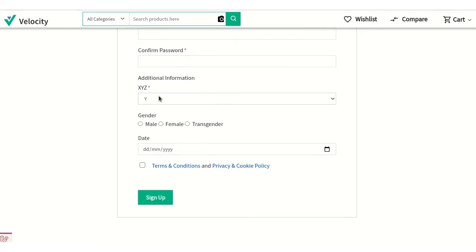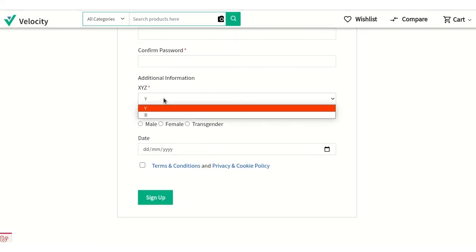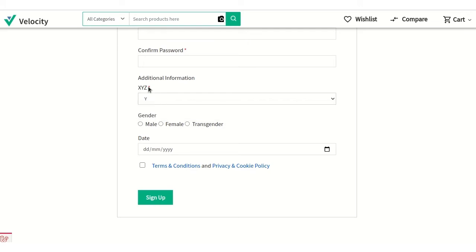Now additional information that we have put there, the location, we have put XYZ as a location. Gender option is also there, that is chosen through a radio button. You have the option to choose any one. Now date, whether it is the date of registration or date of birth or something, you can publish there.